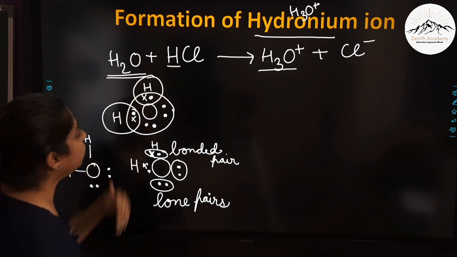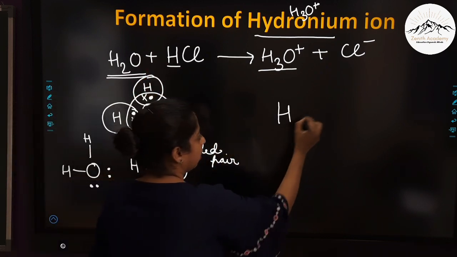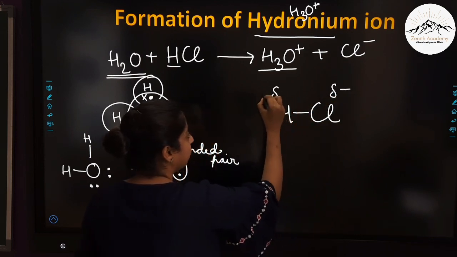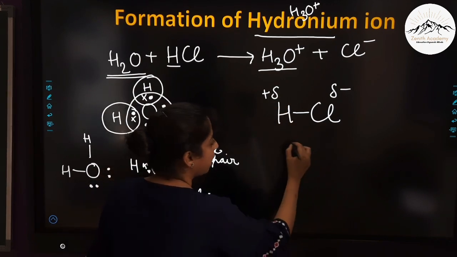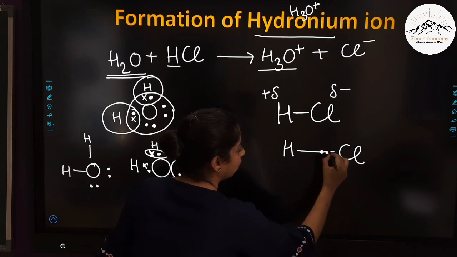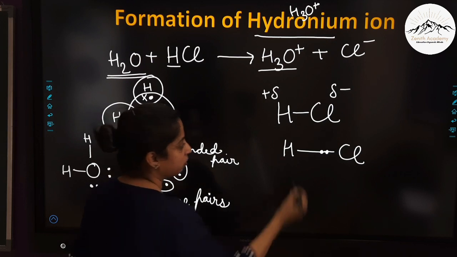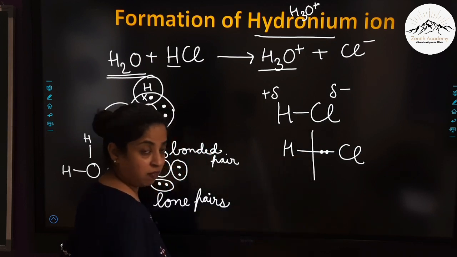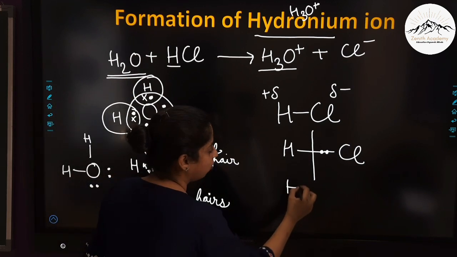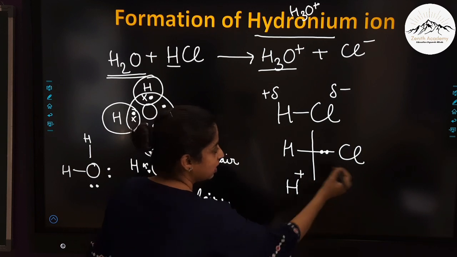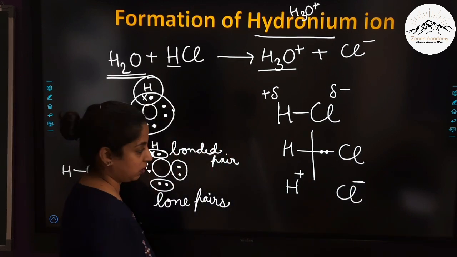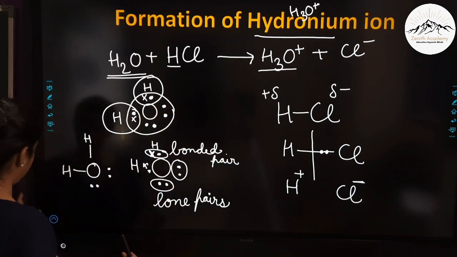Now, one more thing, in this acid HCl, this is slightly negative and this is slightly positive. So the electron pair between this bonded atom is slightly towards chlorine, because it is more electronegative. So when this bond breaks, because it is there in the aqueous medium now, this hydrogen goes without the electron. So this forms H plus and this goes with an extra electron. So this is Cl minus. Now let's study how this hydronium is formed.